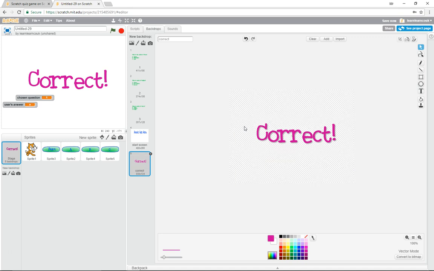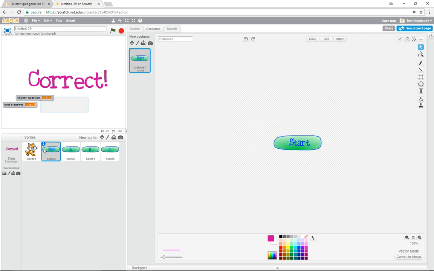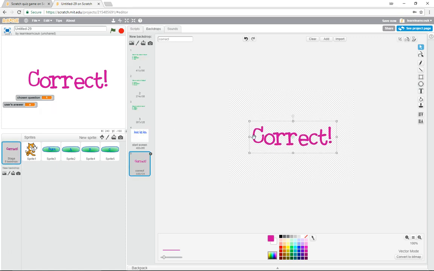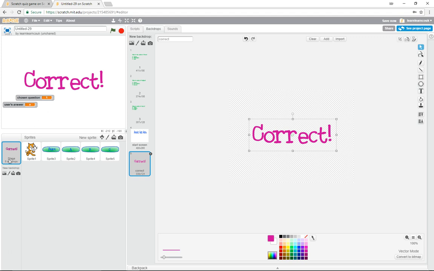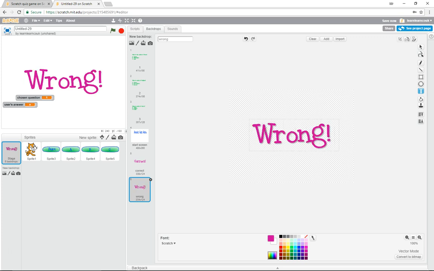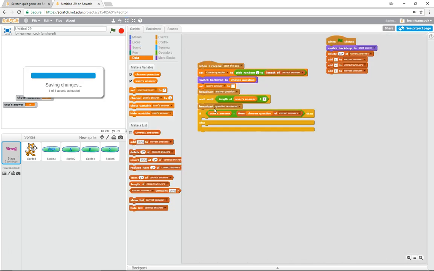Oops. Don't know why that's not working. It's having a bad day today, isn't it? There we go. Good, so we have correct. In fact, while we're here, we might as well do one that says wrong. That one's called correct. This one is called wrong. And let's change that to wrong. There we go. So if the user's answer is the same as the correct answer, then what we do here is